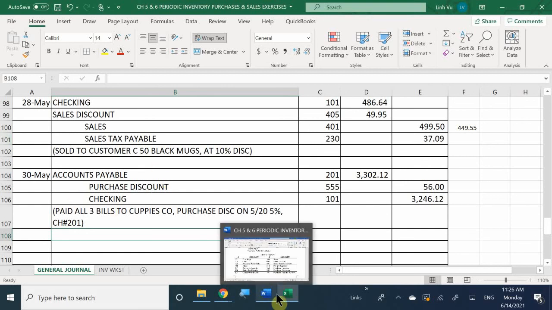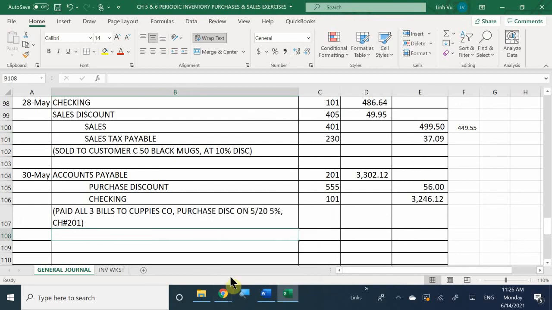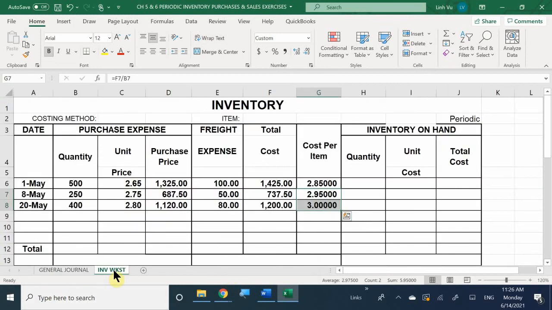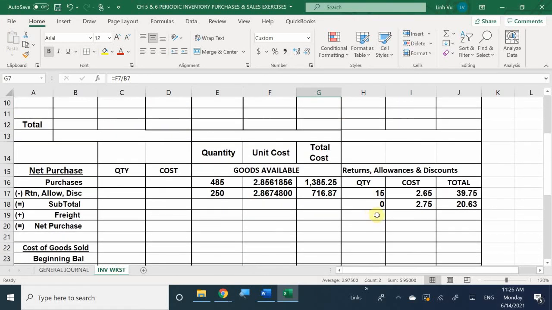And there we have it. Now that we calculated my purchase discounts, that also is going to go against my actual inventory, because in this case I didn't pay for the full $1,200. I paid $56 less. So in this case, a discount would not affect quantity. It will affect the actual price, the selling price of